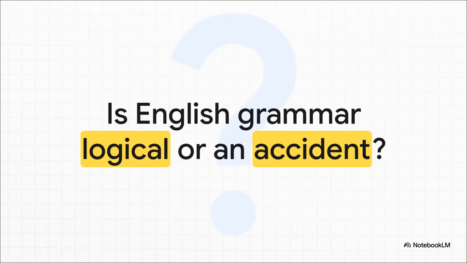So, after looking at the golden rules, the transforming suffixes, the shapeshifters, the clones, and the outright paradoxes laid out in our source, I want to leave you with a final question to ponder. Is English grammar actually logical, or is it just a beautifully chaotic accident? We use these rules every single day, usually without a second thought, but when you zoom out to look at the whole picture, you really see the